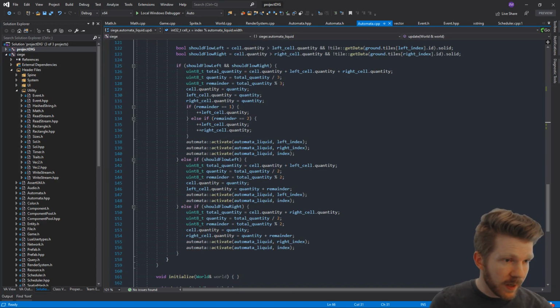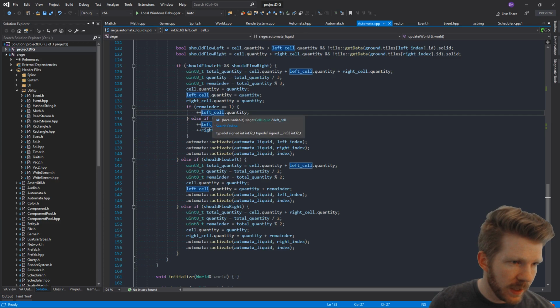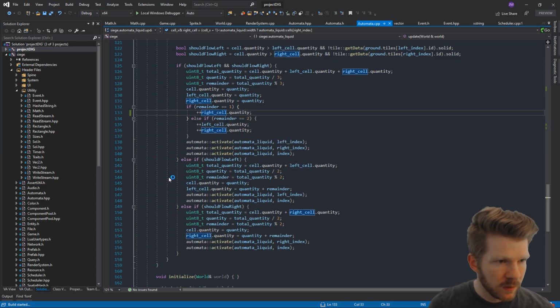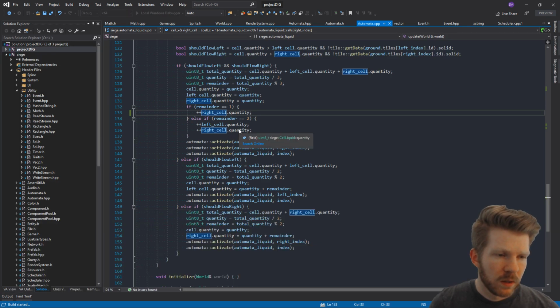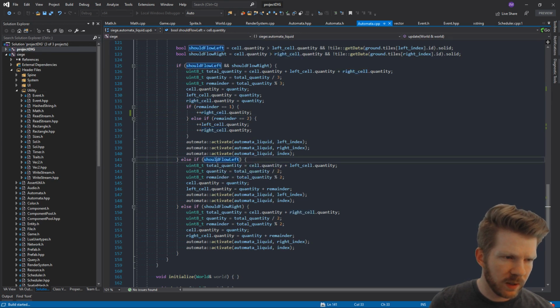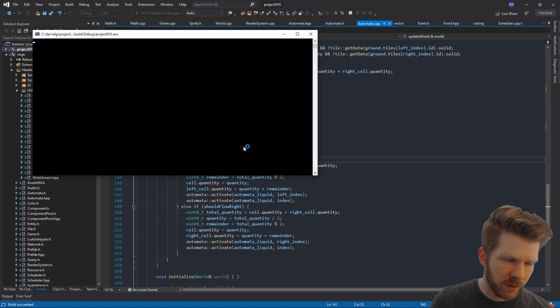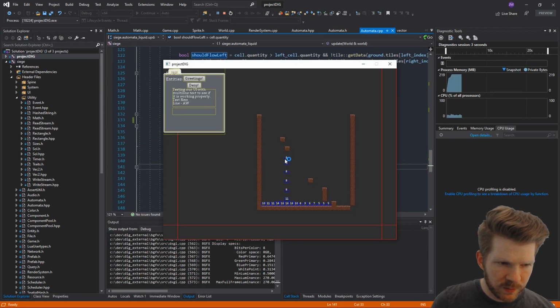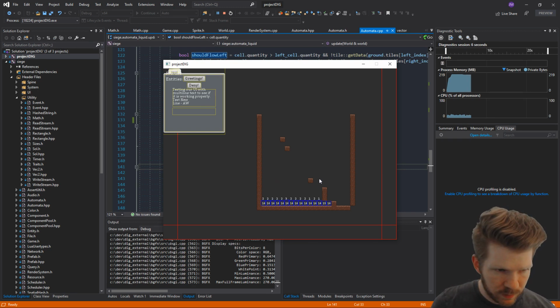Some of this might actually be fixed partly if we make it so the one extra remainder goes to the right. Let's actually try that. That might help because we give precedence flowing left over right at the moment, which is part of the problem. But if we do it equally, maybe that will help. So we just want to always have it be